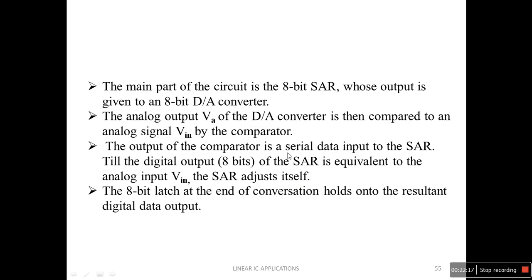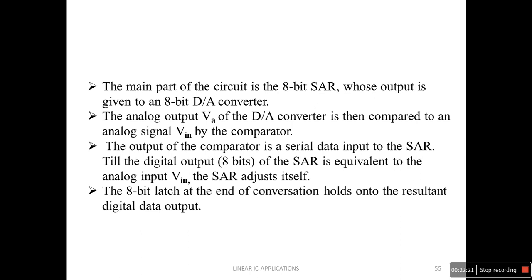So if you observe here also we are getting 0, 1, 2, 3, 4, 5, 6, 7, 8, 9, 10, 11, 12, 13, 14, 15. So almost all values are converted. But here, since it is 4 bit, the first stage of conversion takes 1 clock pulse, then second, third, fourth. It takes 4 clock pulses.